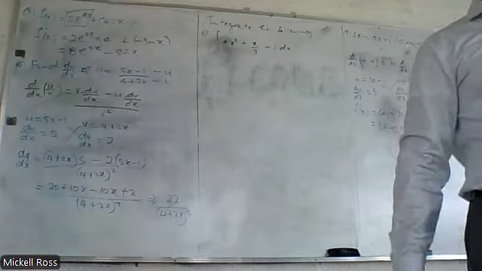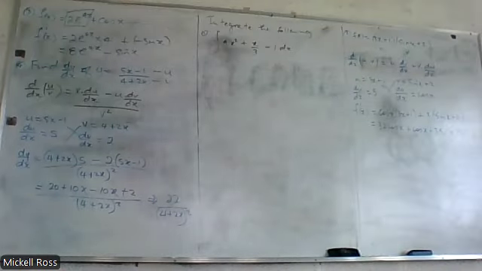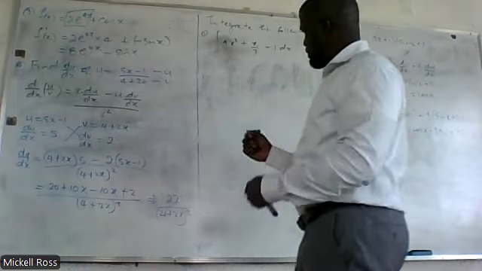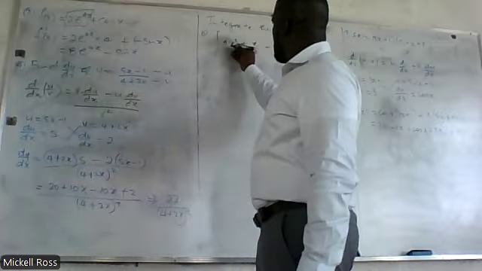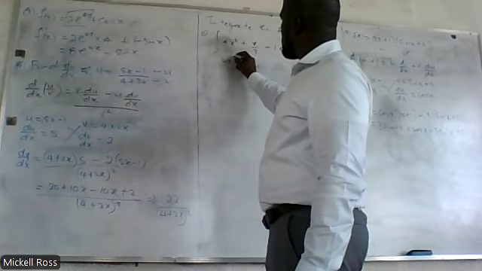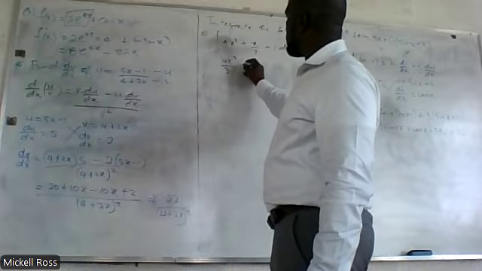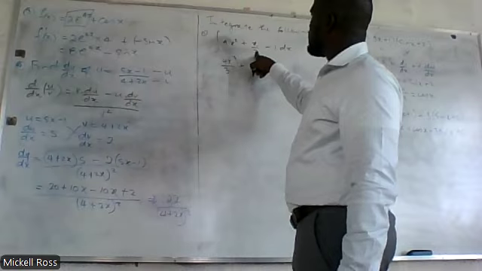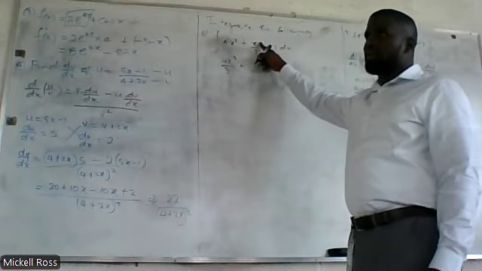So we are asked to integrate this. So integration: add 1 to the power, divided by the new power. So we're going to get 4x cubed divided by 3